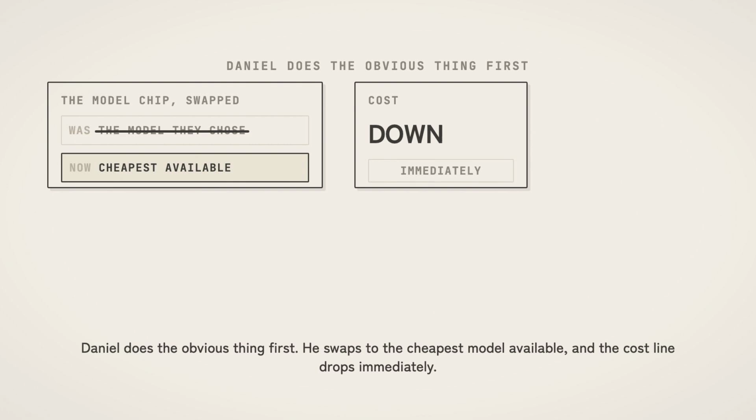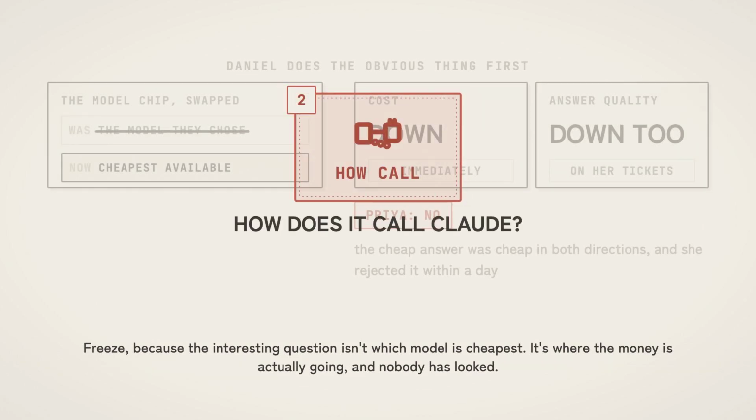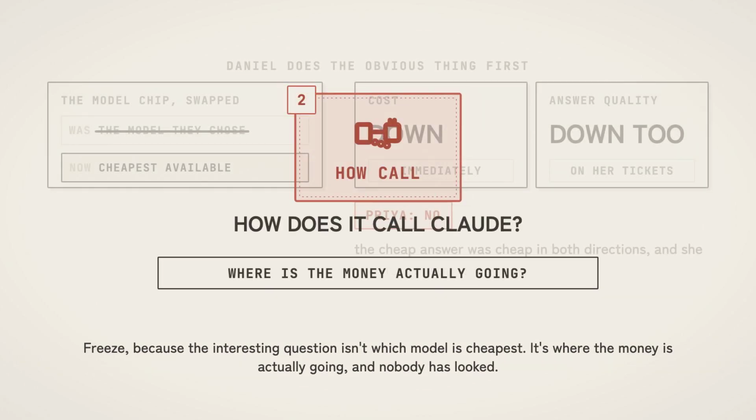He swaps to the cheapest model available, and the cost line drops immediately. And so does the quality, on exactly the tickets Priya cares about most, so she rejects it within a day. The cheap answer was cheap in both directions. Freeze, because the interesting question isn't which model is cheapest, it's where the money is actually going, and nobody has